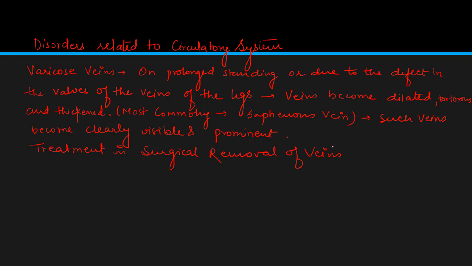Varicose veins occur in persons whose profession involves prolonged standing, or due to a defect in the walls of the veins of the legs. Veins become dilated, tortuous, and thickened. Most commonly affected is the saphenous vein. Such veins become clearly visible and prominent. Treatment is surgical removal. Okay. The other disorder is